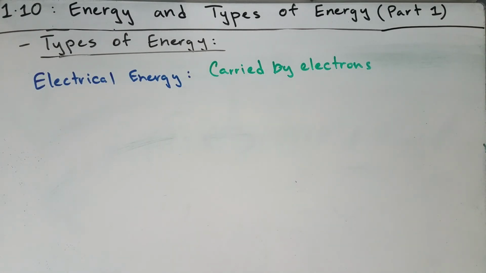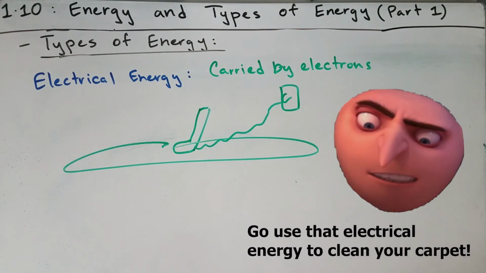And yet another type of energy is electrical energy, one of the ones we're most familiar with, and we use it every day in our appliances. So as you watch this video right now, energy that is being carried by electrons is powering your phone or whatever device you're watching this on, your laptop, your desktop, or a vacuum sucking all the dust out of your carpet that you haven't cleaned in years.